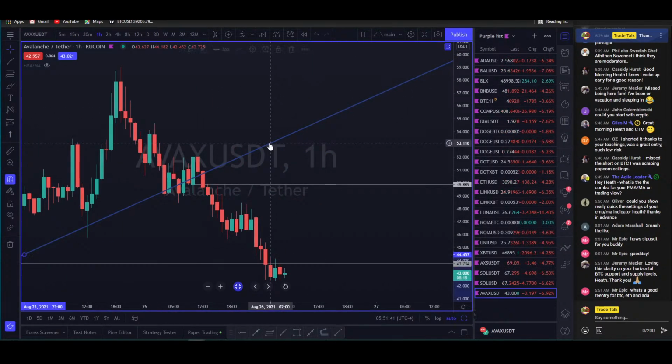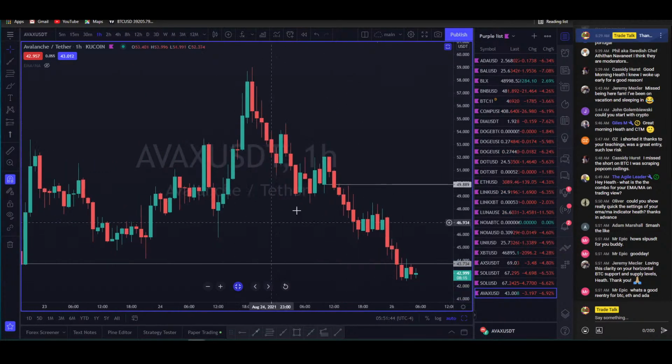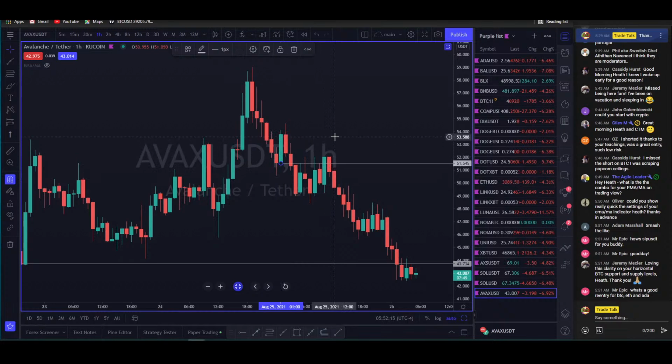This was the position where I was talking about that it did kind of give us a setup, but I didn't take it. The reason why is I was watching this level here. You can see that that level was acting as resistance all day yesterday until 10 o'clock. Boom, there's your breach. There's your close above. So I didn't take the position. This is a bull trap. Now, it didn't trap me. It just stopped me from entering the position, because if you can take out this level, the next legitimate or probable area is the close, right? That's right. That's the more probable setup. But you didn't get that. It was absolutely a trap.